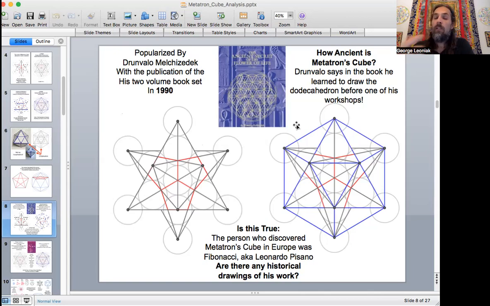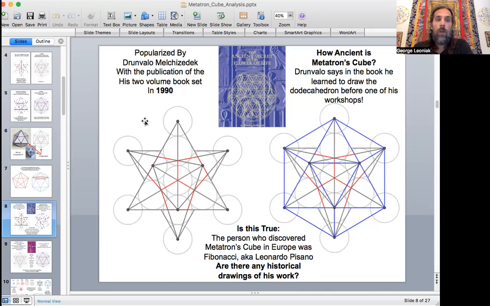Well, at least that dodecahedron, and I have a video on that, is not very ancient if he figured out how to draw it with another student within a 30-year time frame. Okay, so his book was published in 2 volumes in the 1990s, and ever since then, there's been a huge franchise, I guess, of information around this that has grown into many, many, many books,